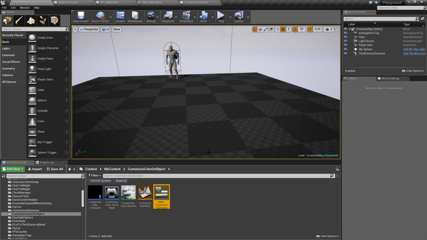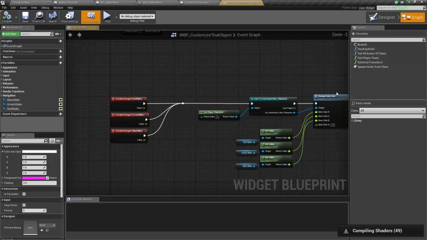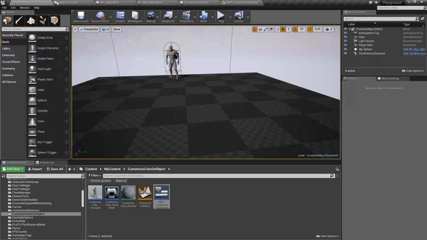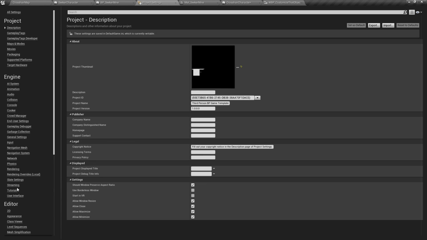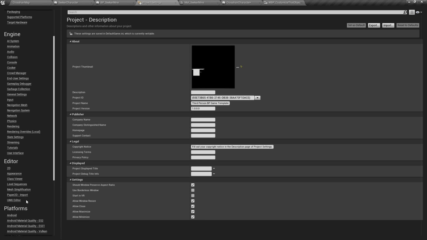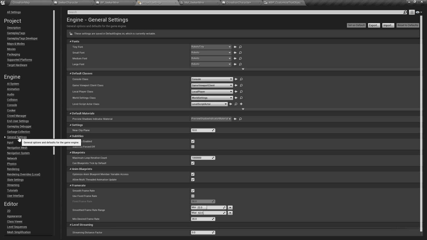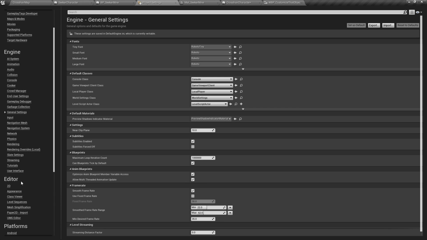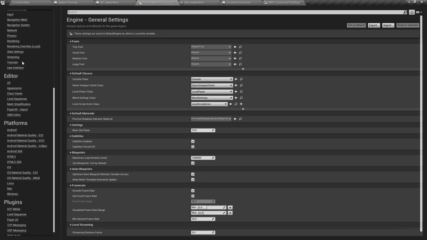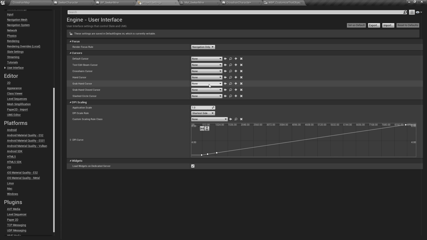So inside of our widgets, let's find ourselves a widget. There's a widget. Let's see if we can find it. This one's always a pain. Oh, actually, it's inside the project settings. Hold on a second. Of course, I've got to find it now, and I don't know where it's at. No, maybe just user interface. There we go. So your user interface has what are known as DPI curves, and this determines how much things